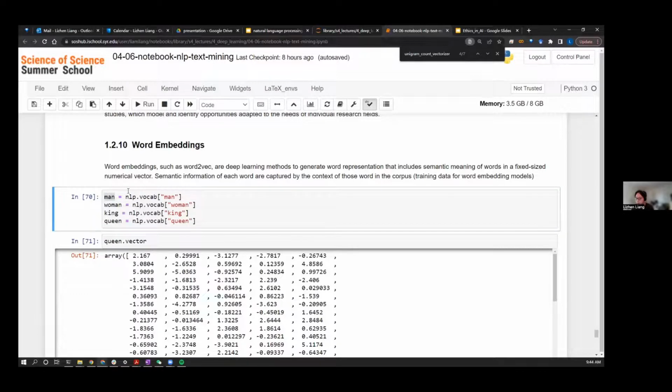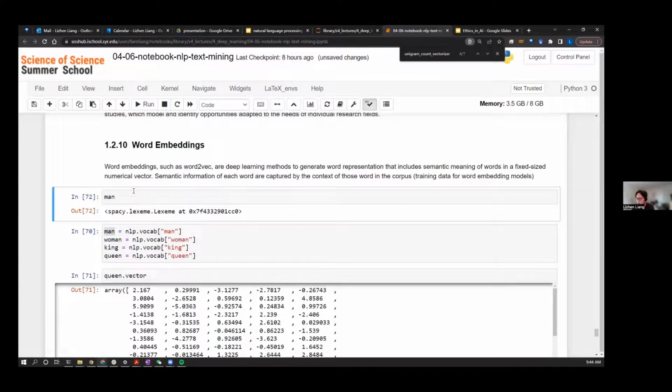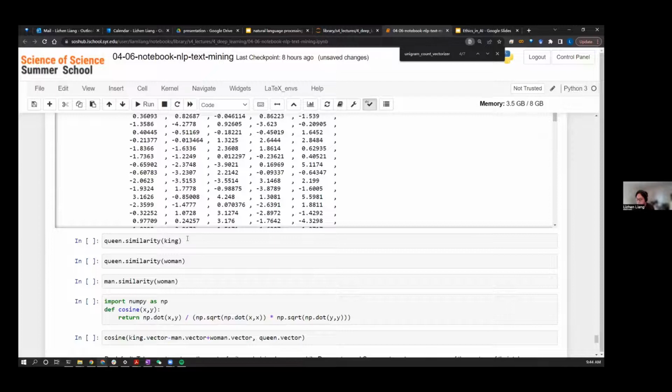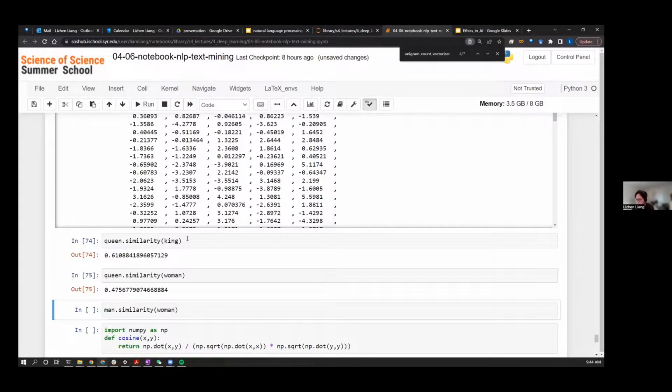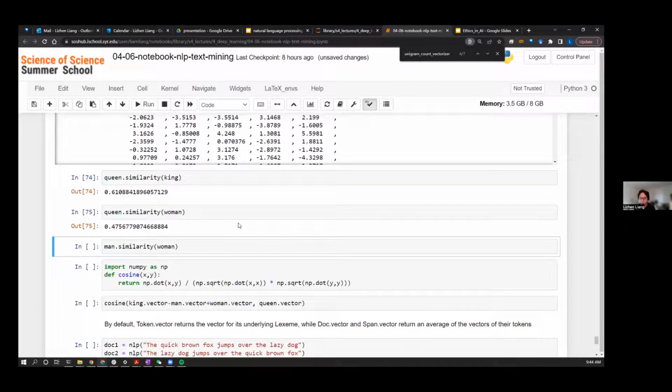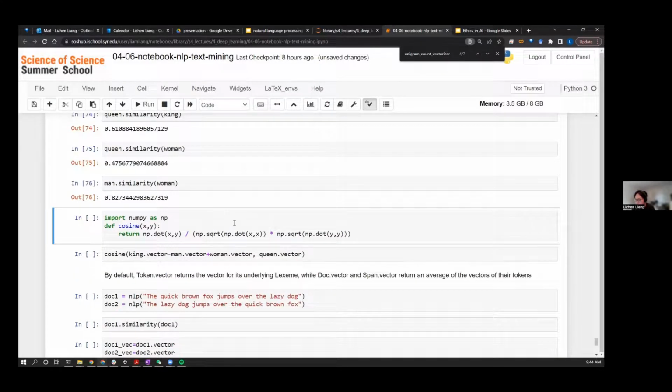Each of them is a token instance, and each token has a vector. By computing the cosine similarity or cosine distance of those dense representations, it shows how semantically similar two words are. Under the hood, similarity is cosine similarity.